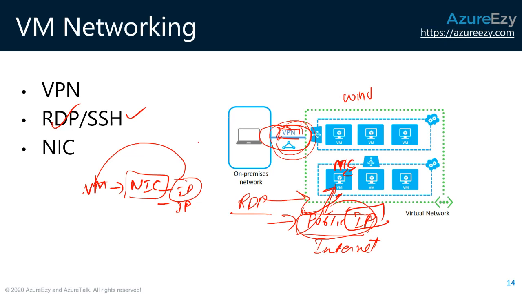This is more relevant from the infrastructure point of view, but from the developer point of view, you should be aware that these IPs are connected with the NIC card. Sometimes you might be configuring or debugging it, and as the culture of DevOps comes into the picture, you might be debugging it together with your administrator friends. This is how it is going to be in the coming future. It is no longer a developer or infrastructure responsibility alone. It is a shared responsibility. So you must be aware of what exactly this NIC card is.